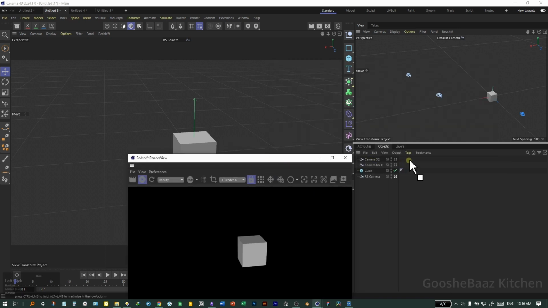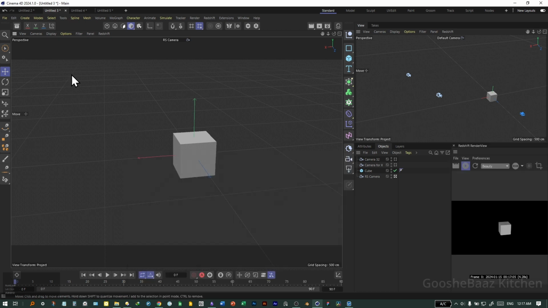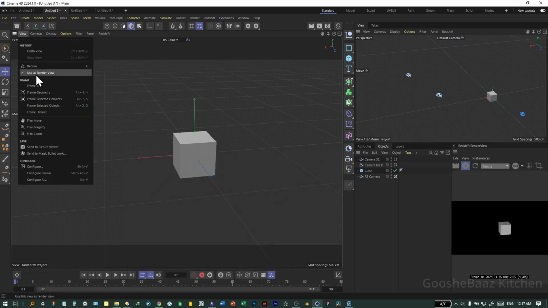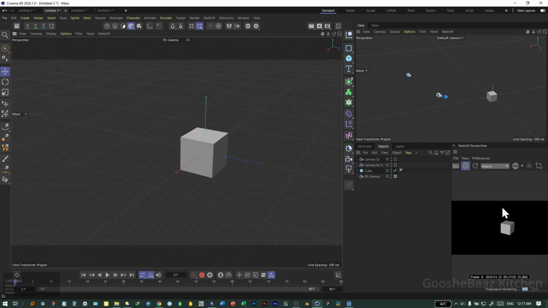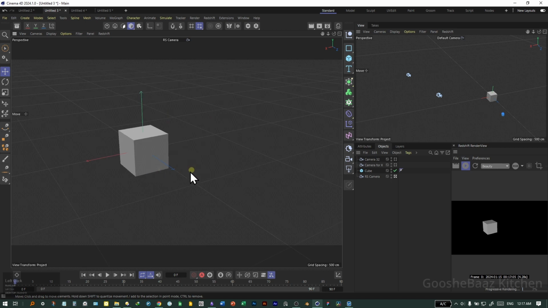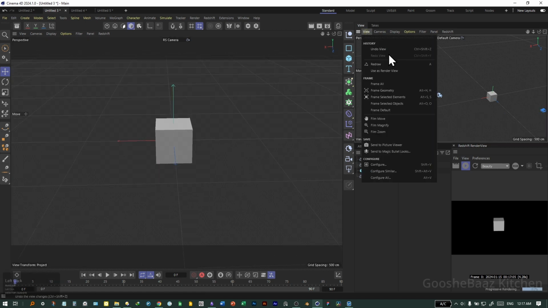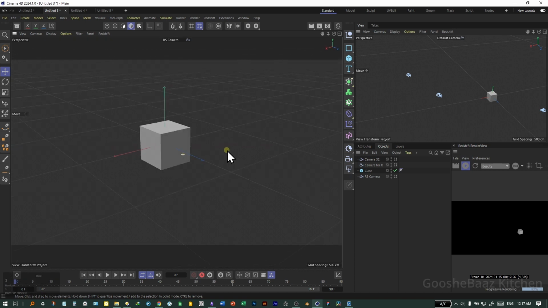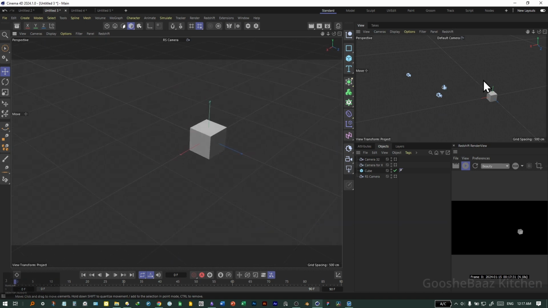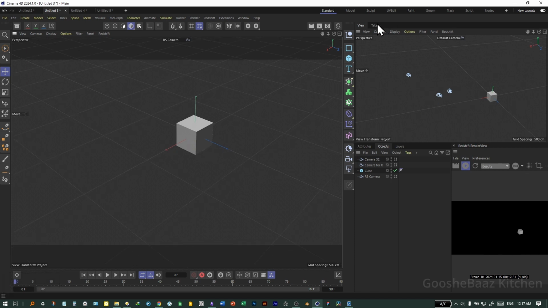I can drag this one and put it here. Now when I'm on RS camera here and it's set to use as render view and I change the position, you can see the final render also updates here. And when I come here and select use as render view, you can see when I change anything here, the camera position of RS camera is updating, as you can see, but the final view is whatever we can see